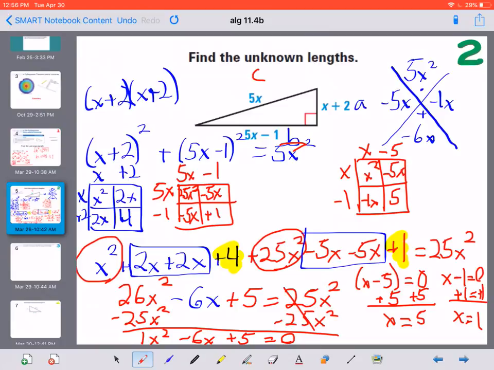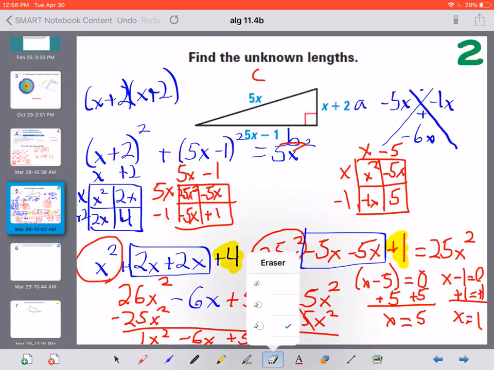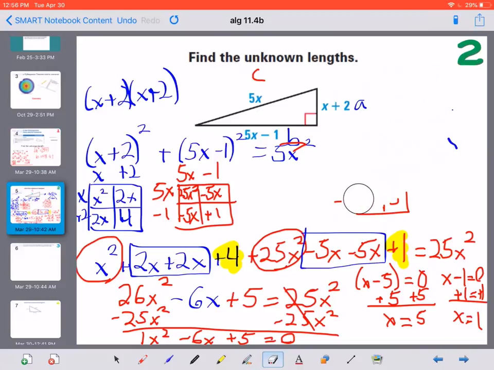So what I'm going to do is, hopefully you have this written down. I'm going to erase some of it. I'm going to erase this top part here so we can figure out which x is correct. First I'm going to start with x equals 5. So that will be 5 times 5 plus or minus 1